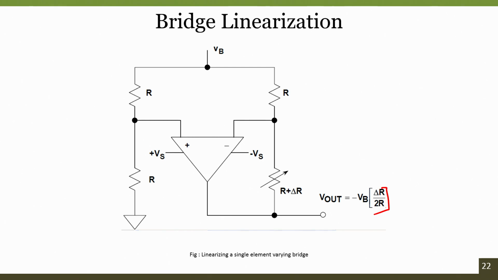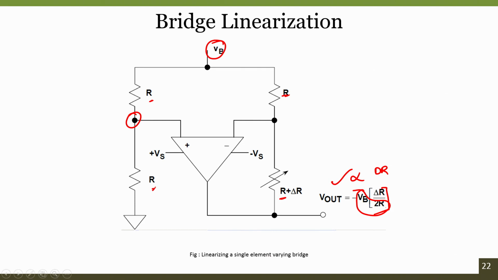Of course, a modified version of a Wheatstone's bridge circuit. It looks like a Wheatstone's bridge circuit, but in reality, it is not. It is similar to an inverting amplifier configuration, but it has an offset which is connected at this terminal. So, utilizing this configuration, the output voltage we can achieve is directly proportional to delta R. That proportionality constant here is Vb by 2R. Vb is nothing but the input voltage that we have connected to the complete system, and R is nothing but the base resistance.